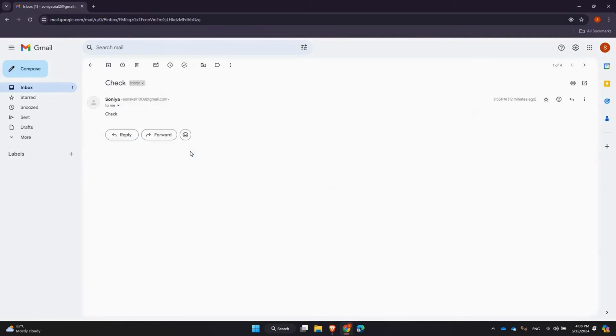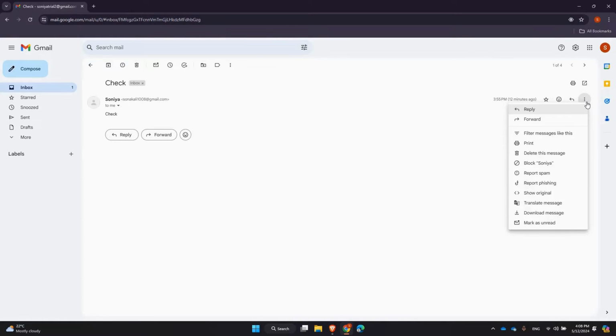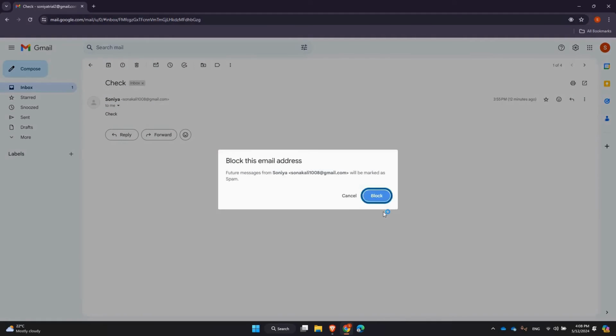Next, locate the spam email you want to block and open it by clicking on it. In the email window, click on the More button, represented by 3 dots at the top right corner. Then select Block Sender Status from the drop down menu. A confirmation message will ask if you want to block the sender. Click on Block to confirm,